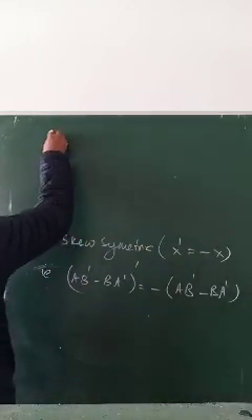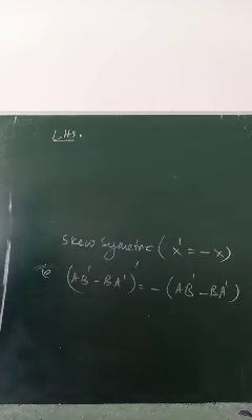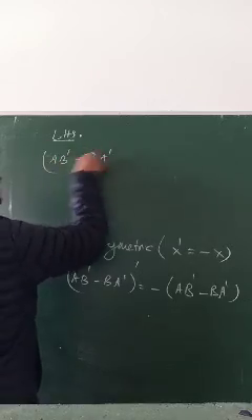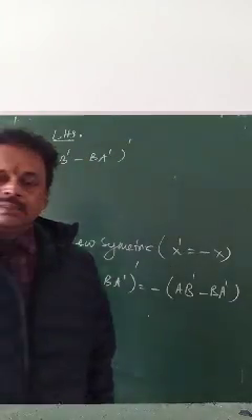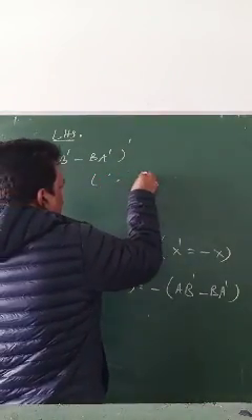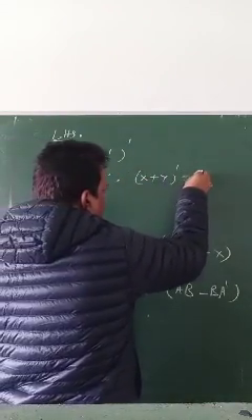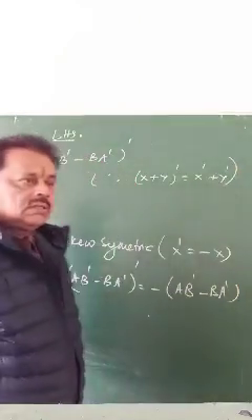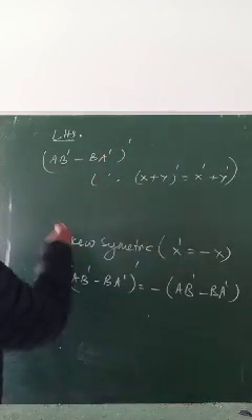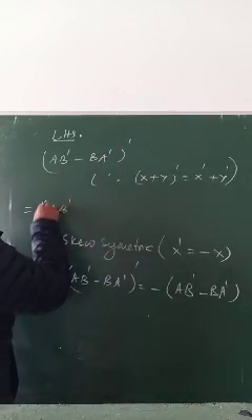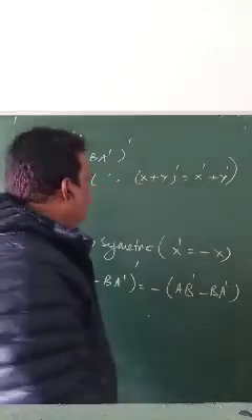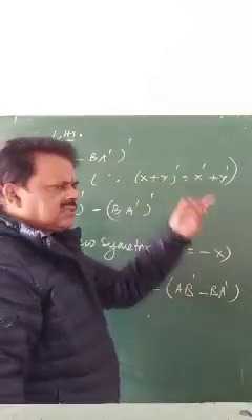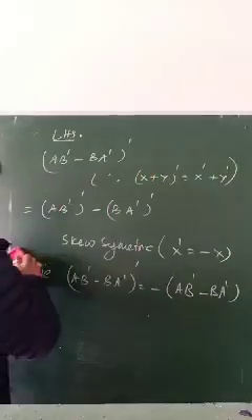What is our LHS? The transpose of AB transpose minus BA transpose. Since the transpose of X plus Y is X transpose plus Y transpose, this is what I know. That means individual transposes: the transpose of AB transpose, minus the transpose of BA transpose. Plus and minus the same.